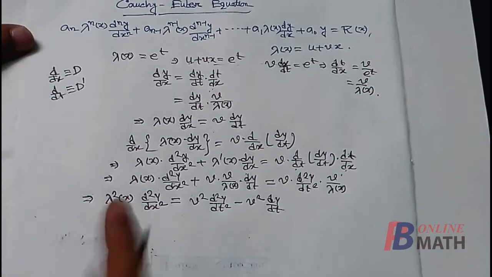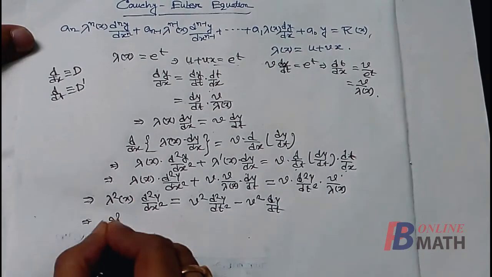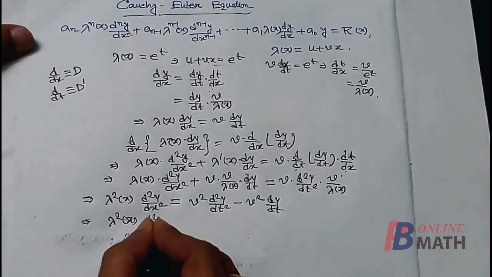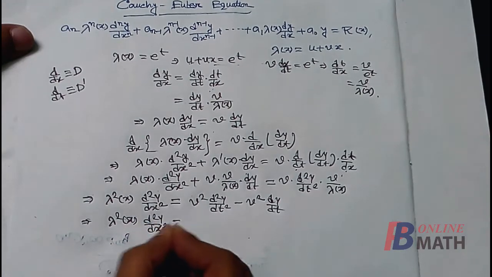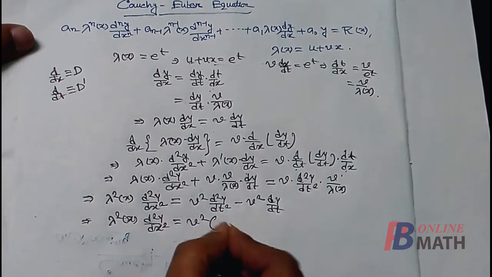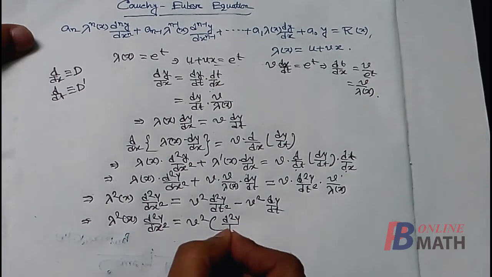So actually this is lambda square x d2y dx2, equal to, taking v square common, we have d2y